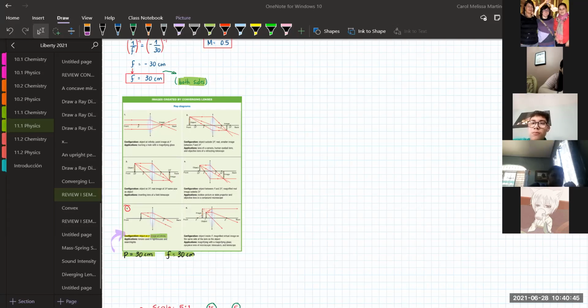Oh, I can't send it. It doesn't allow me to send it, but I know